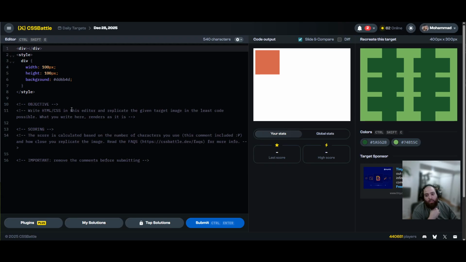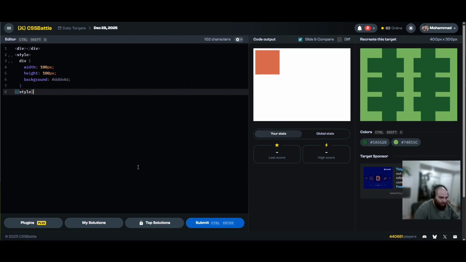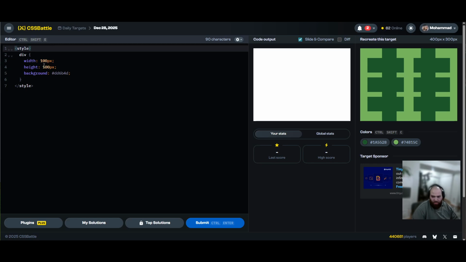Okay, I think I could get away with some gradients here. Let's see what we can whip up. I think my initial approach is going to be some vertical gradients for these. I'm actually going to make them solid bars that go all the way across, and then I could create